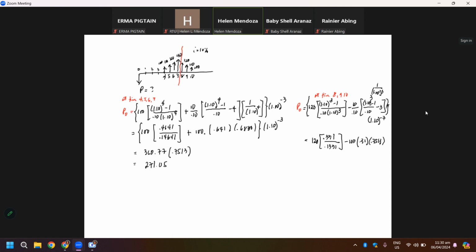Again, galing sa 0. 120, which is the base value, no, of the decreasing gradient starting at time 8, meaning we are taking value at time 7. And since the objective is to find value at time 0, then we would have the discount factor 1.1 raised to negative 7. So therefore, this would all be multiplied with 0.513158. So simplifying, we would have